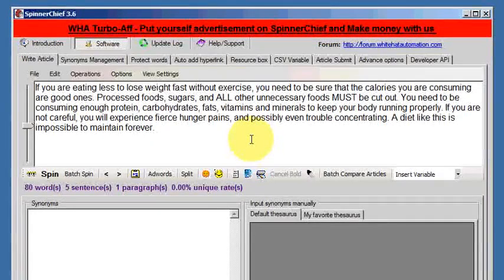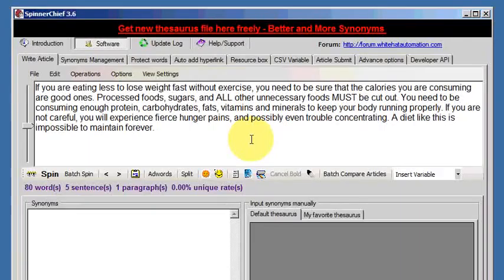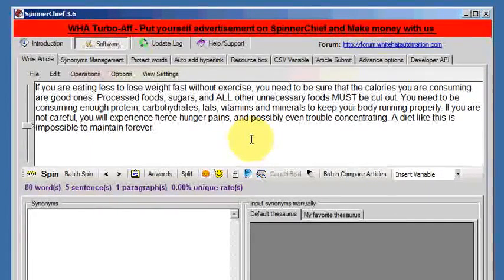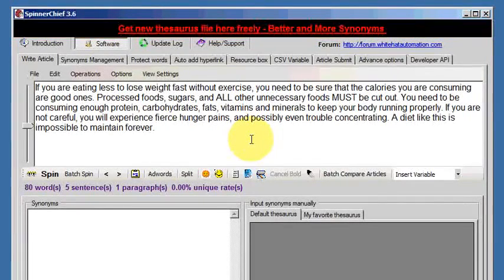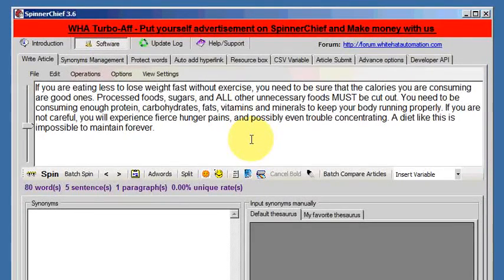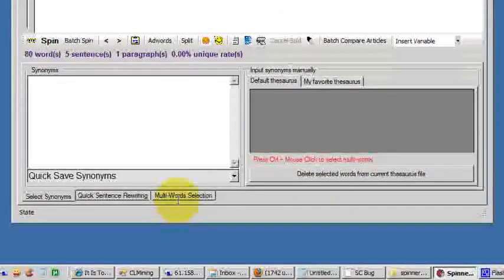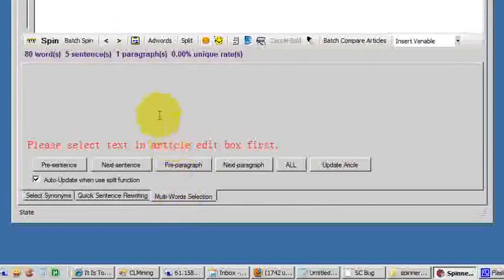Today we're going to be looking at the multi-word selection function of SpinnerChief, which is yet another way of rewriting an article, and it's so easy that you really don't even need a video. But we have some text here, so let's rewrite it using the multi-word selection function. So click on the multi-word selection function down here at the bottom,